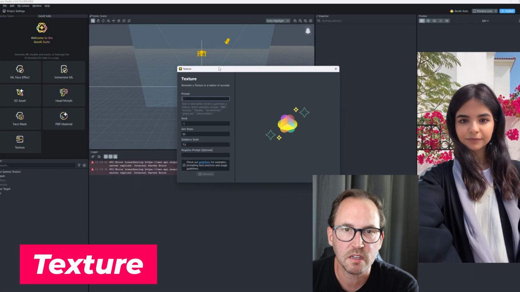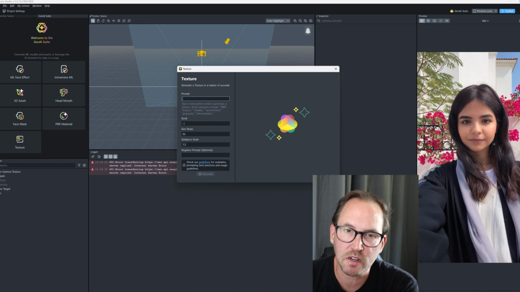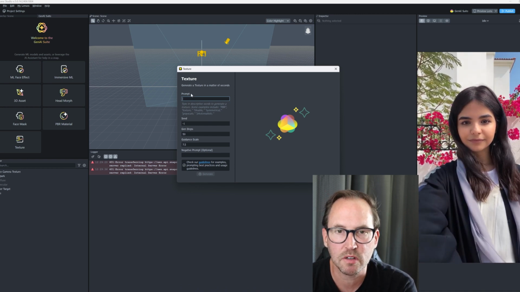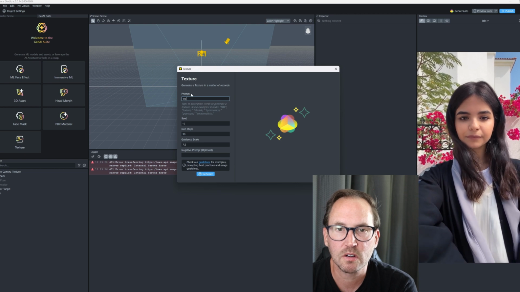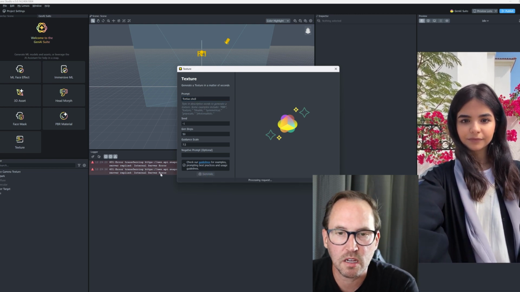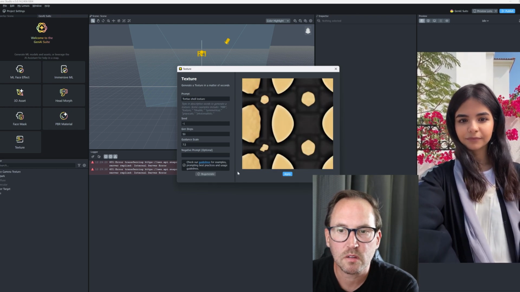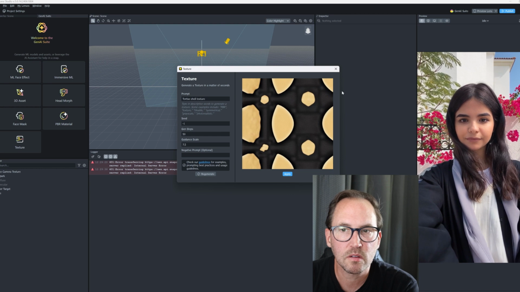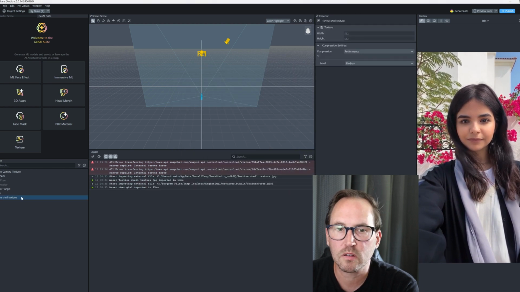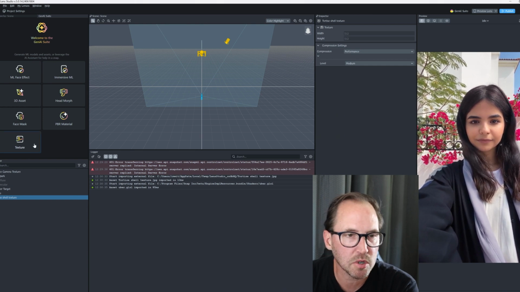So here's the AI generated texture. Let's say you've got an object and you want a specific texture for it. You can come in here and just try to get the AI to generate one. So let's go shell and hit generate, see what happens. So that at least gave us a rudimentary one. It's not super detailed,